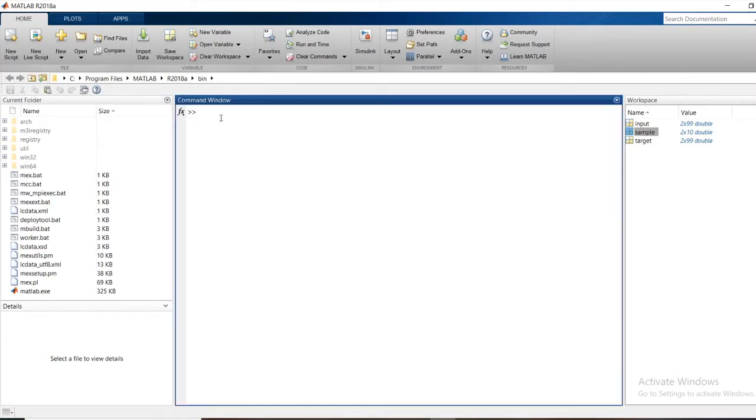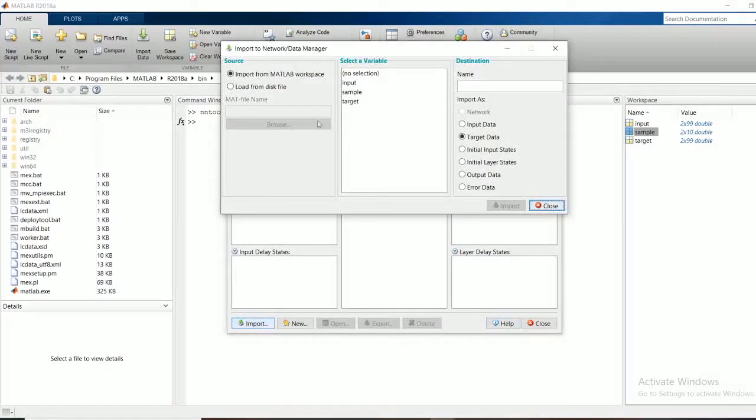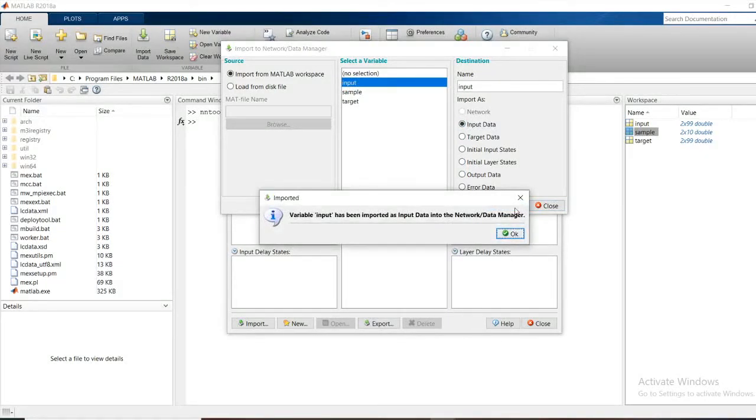Go to the command window, type nntool, the neural network tool, NN2. Go to import, set the variable as input, select input data and select import. Now all the variables as the input are imported to the data manager.